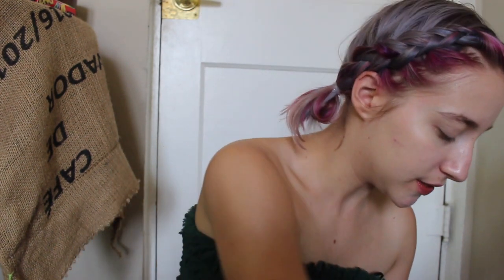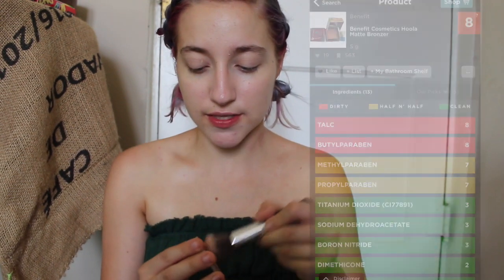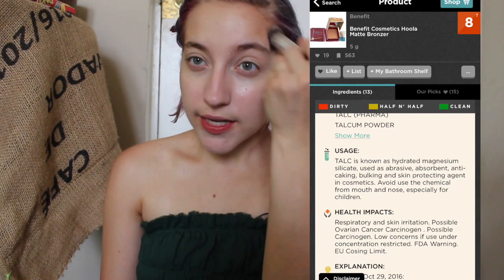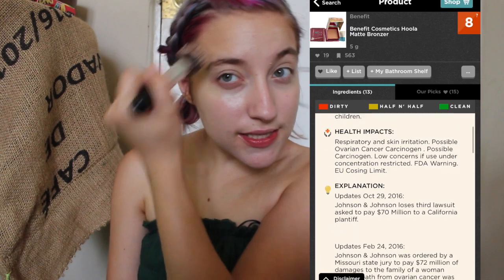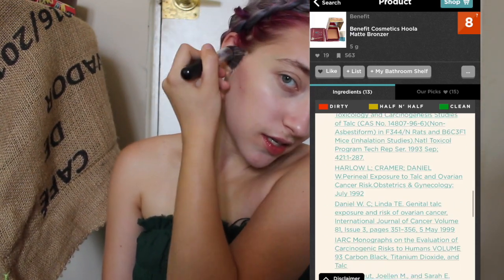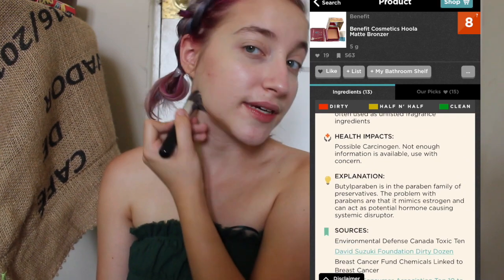Alright. Then what I typically do is I use the Colourpop Cosmetics bronzer and blush. and I'm going to put the toxicity rating next to it. So I expect it to be highly toxic because it doesn't market itself as a natural makeup brand. And it's going to come off really orange on the camera, but it isn't as intense as it looks in here, I promise. So I generally just carve out my face a little bit,